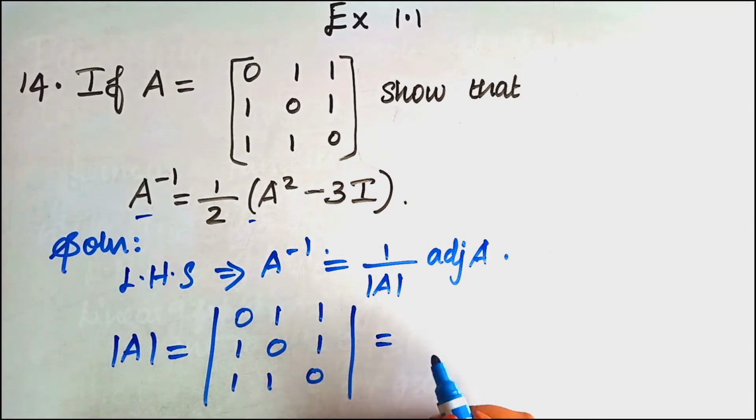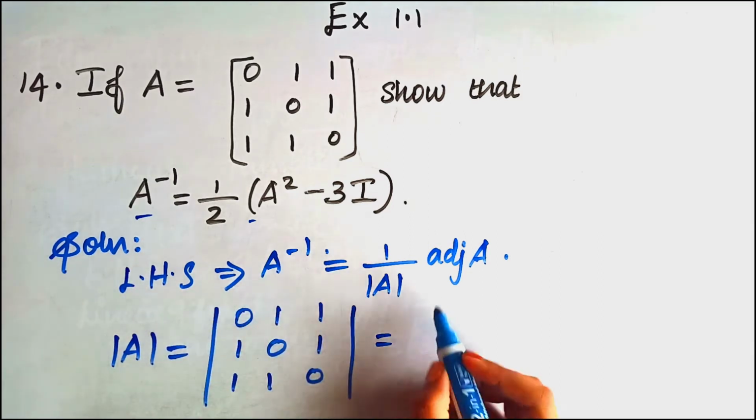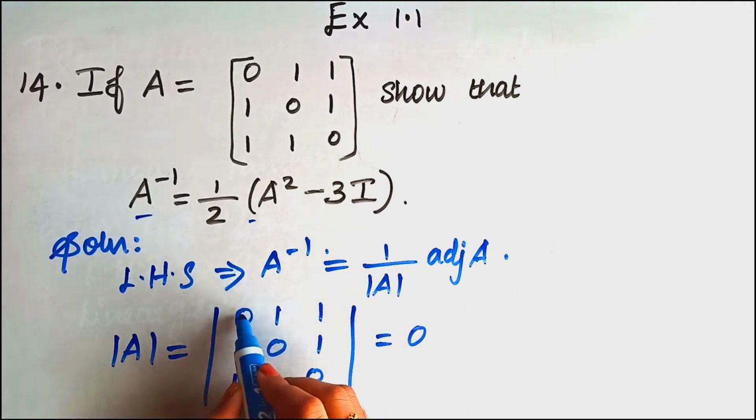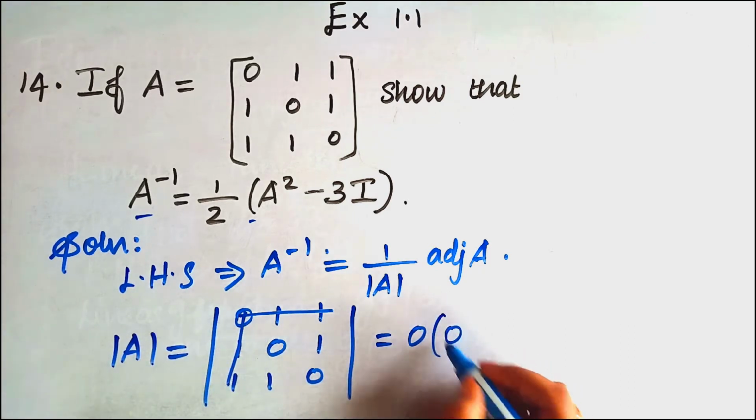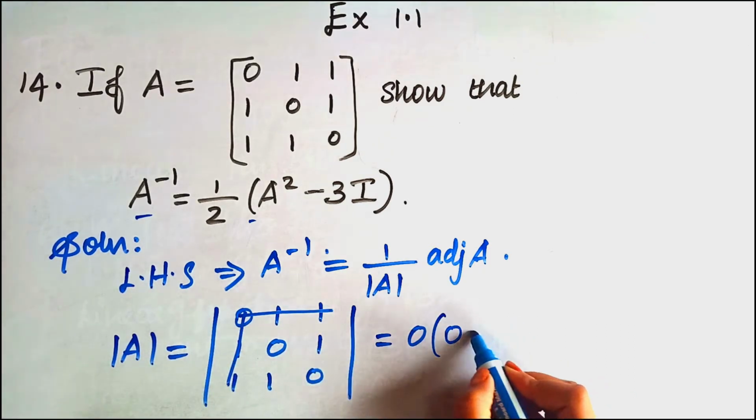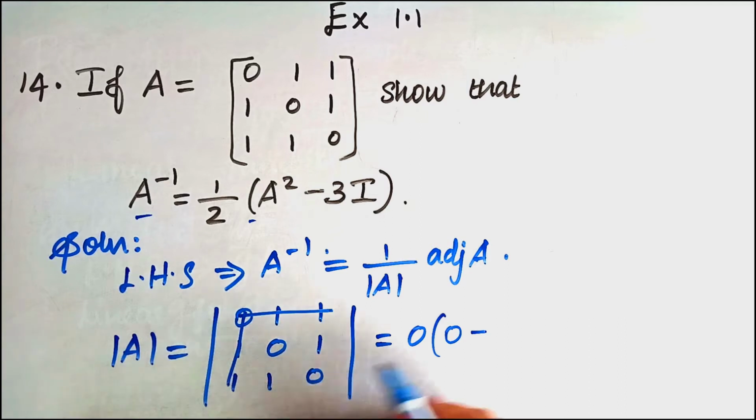Now let's find the value. The first is 0, so we have to put a 0 here, and now we have to cancel both horizontal and vertical values of the 0, so we'll get 0 1 1 0. While we cross multiply it, we'll get 0 minus 0, there will be a 0 here, and we have to put a minus sign here, and 1 into 1 it will be a 1. Okay, for the next term 1,